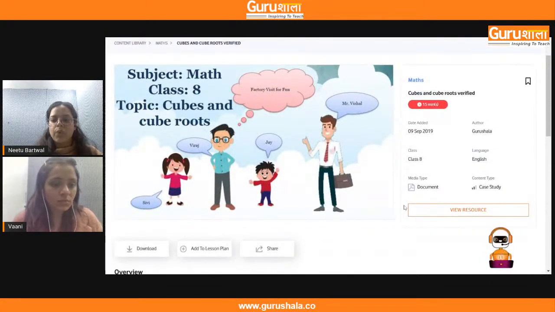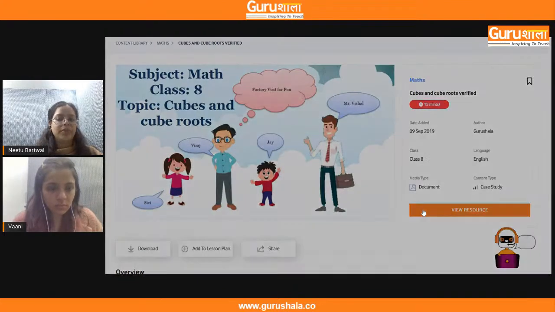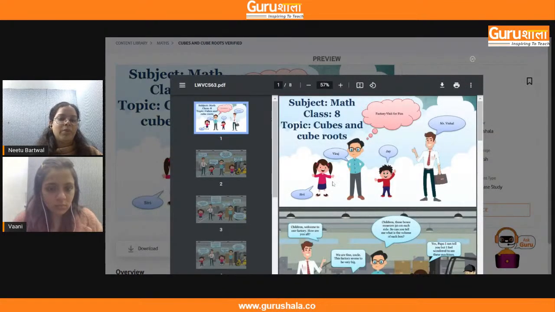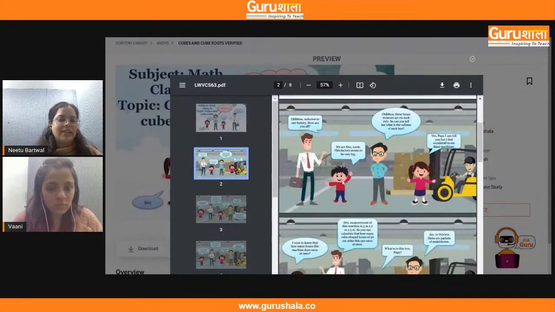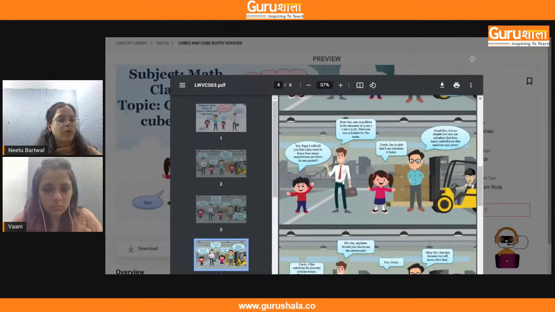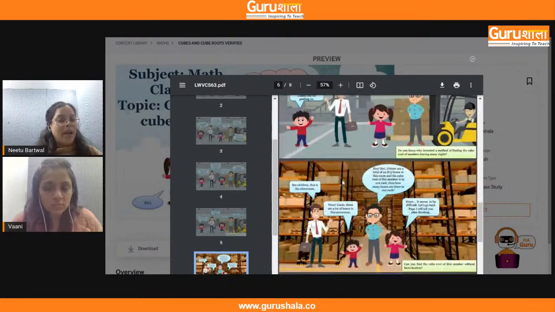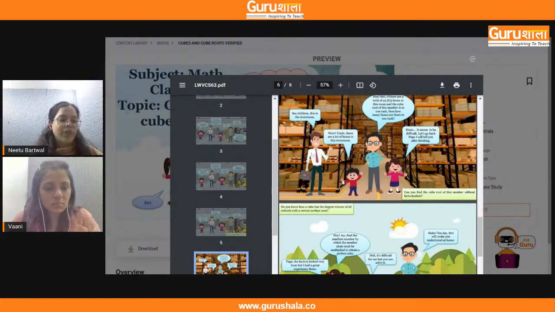So this is one such example of a case study on the topic of cubes and cube roots. If I click on this, you will be able to see that an interactive case study is there where a situation is given to the students, and by going through this situation, students will be able to know more about the concept, and it will also give them an opportunity to apply their knowledge of the concept.